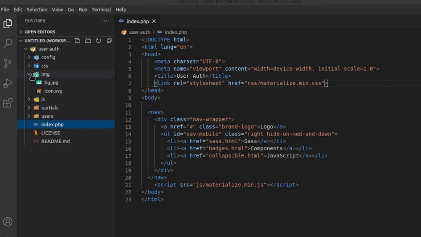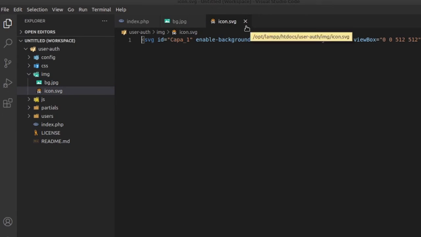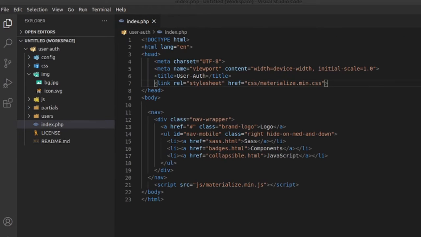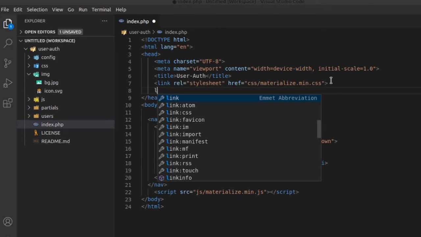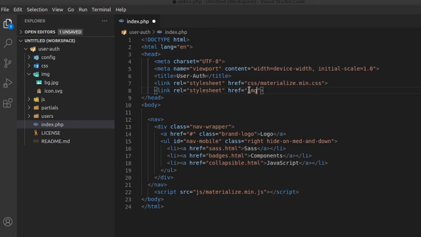Inside my img folder I have included two images, bg.jpg and icon. Okay, let's include these two images. At first, go to index.php. From here, below the link, create one more link, img/icon.svg,